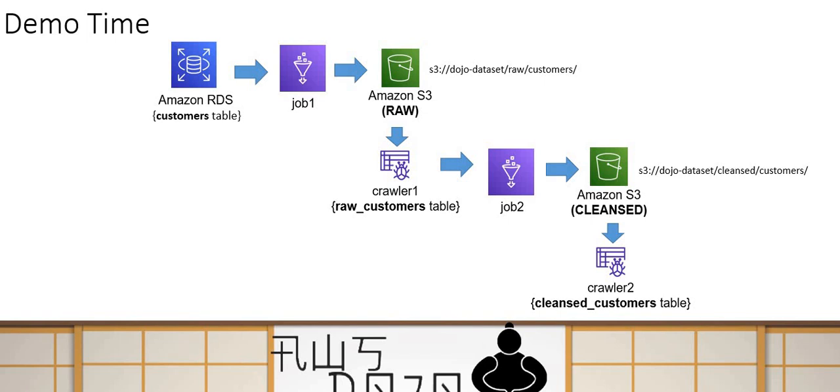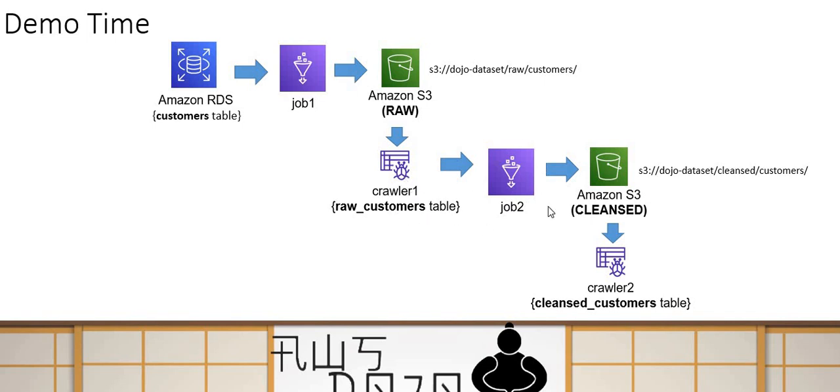So this is the workflow which I'm going to create today using a state machine workflow, or a pipeline using a state machine workflow. I have an RDS database where I simply have a customers table. Then I use a glue job 1 to populate my data into a raw table in a CSV format. Then I crawl that data. Then I run another job to